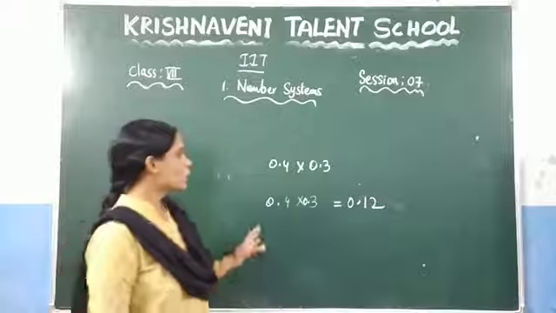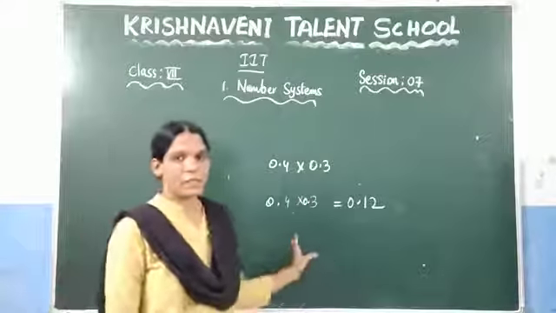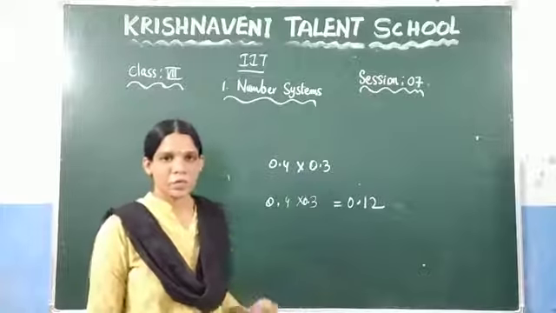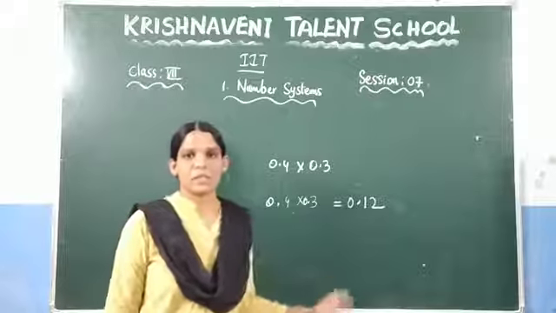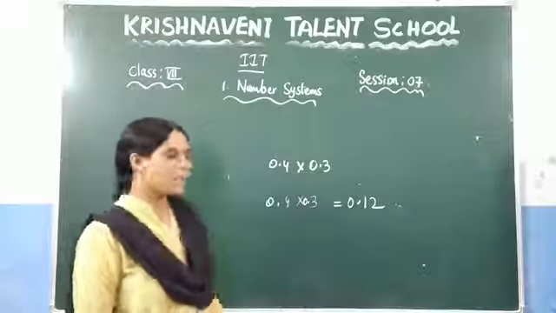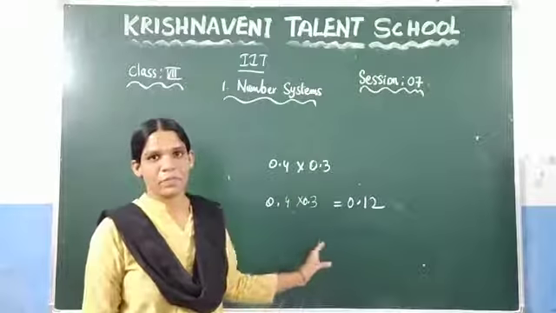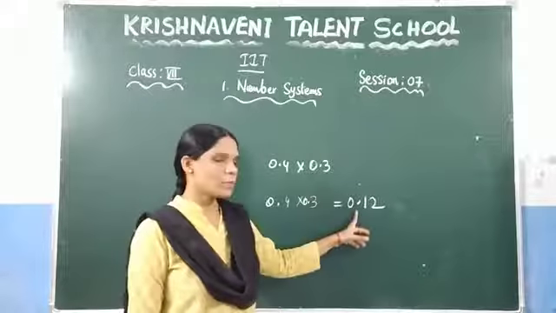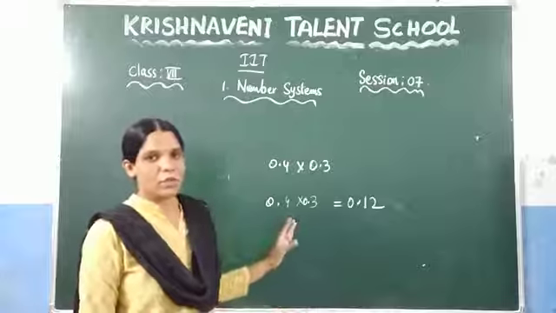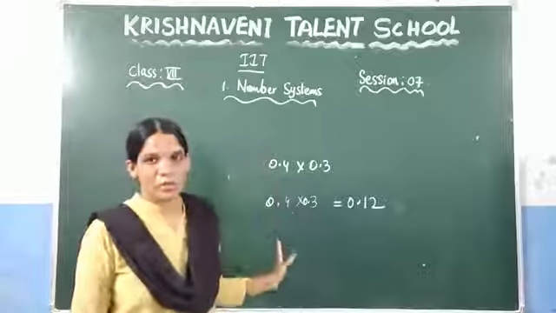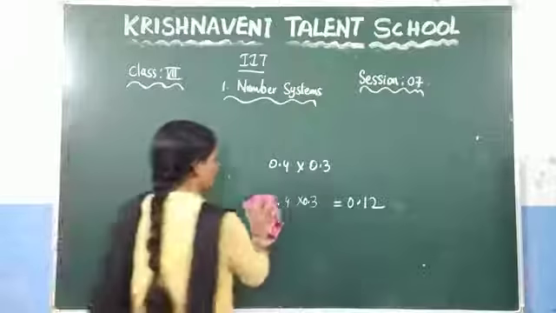How to multiply two decimal numbers? Leave the decimal point and write the numbers and find the product of those numbers, and after that check in the given decimal numbers after the decimal point how many numbers are there, and in the answer just go from the right and count that many numbers to the left, so that you keep the decimal point and you will get the answer. Like this you can do, or otherwise you can write this one in the form of the fraction, and like that also you can do. Let us see that one also.